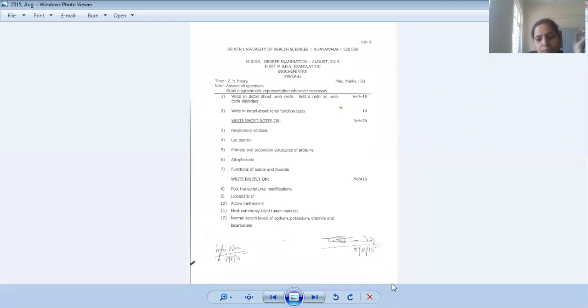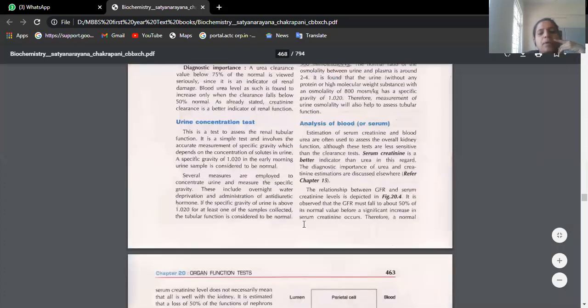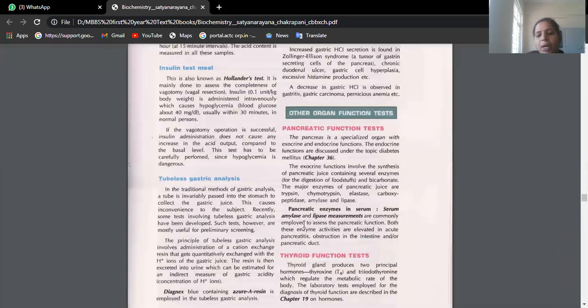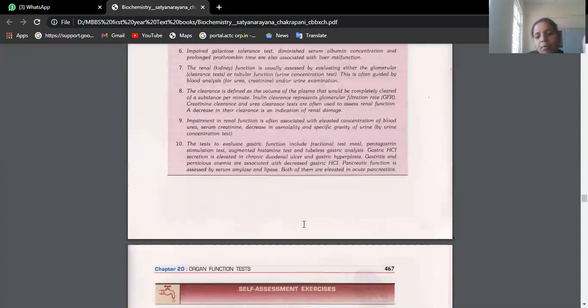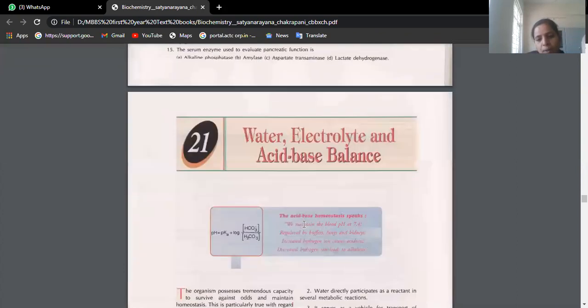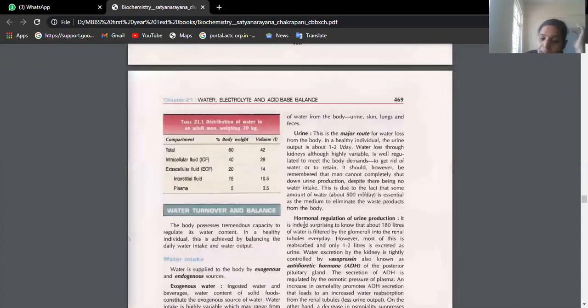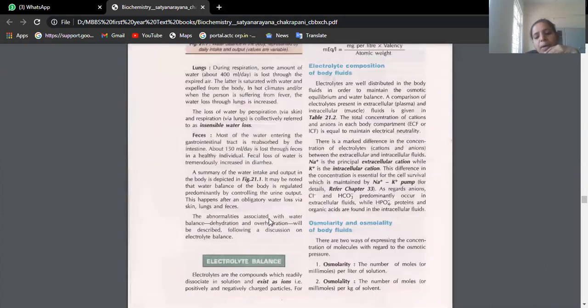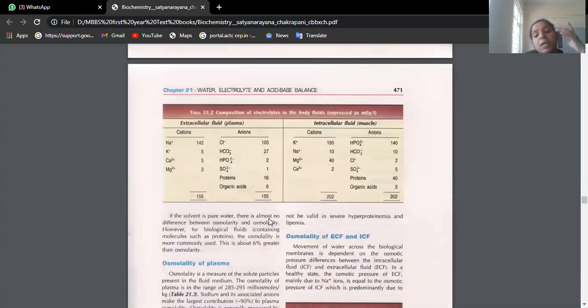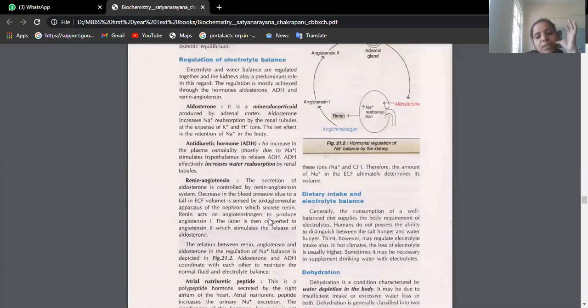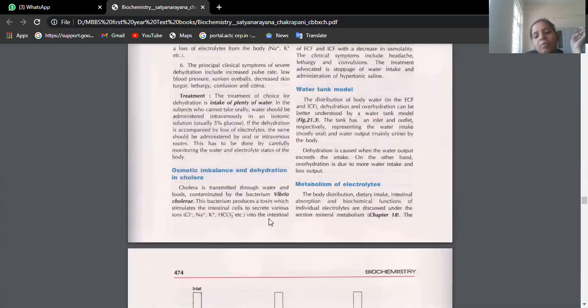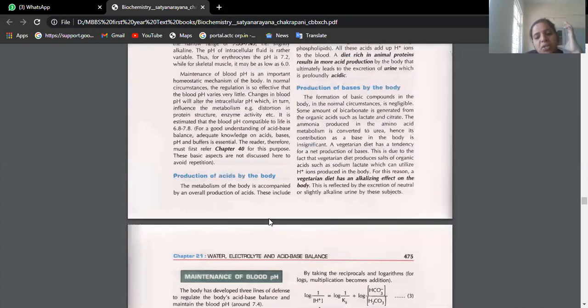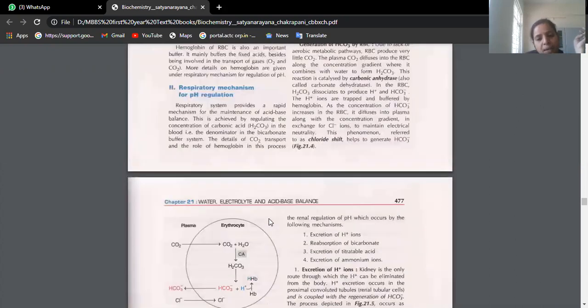Then, respiratory acidosis. What is respiratory acidosis? That means the lungs are not functioning properly and carbon dioxide is not being expelled through the lungs. Carbon dioxide is retained in the blood, leading to increased carbonic acid levels in the blood. That's what respiratory acidosis is: acidosis resulting from non-functional or reduced functional capacity of the lungs.